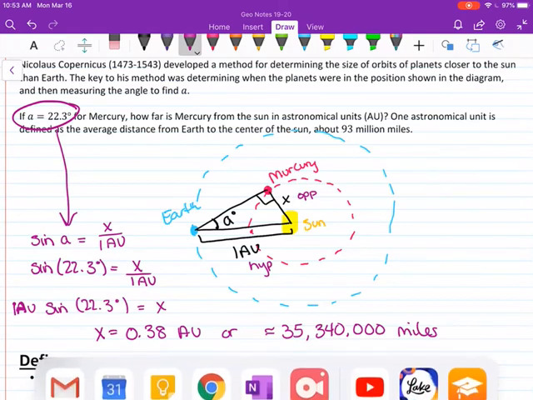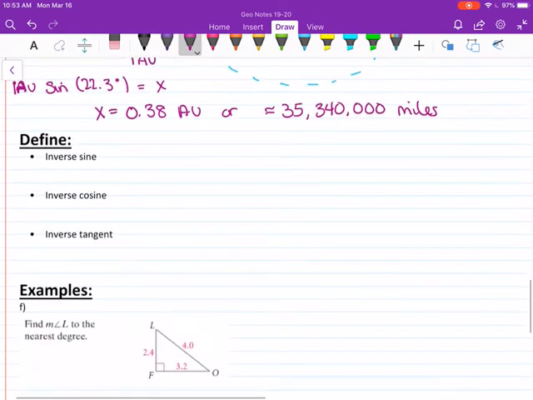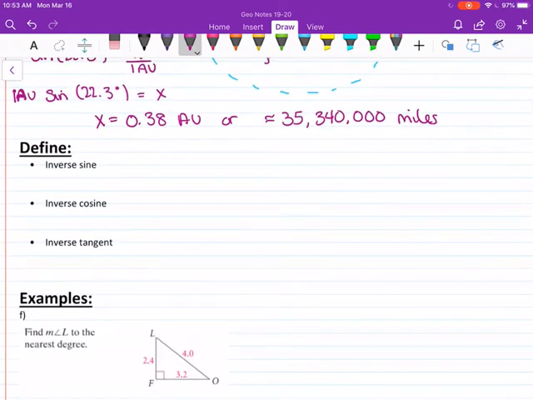All right. So the next thing we're going to talk about is inverse sine, inverse cosine, and inverse tangent. So what these functions are, I'm just going to abbreviate here instead of writing a new one for each of them. These functions take my ratio as the input value and they give me the angle measure. Okay, so